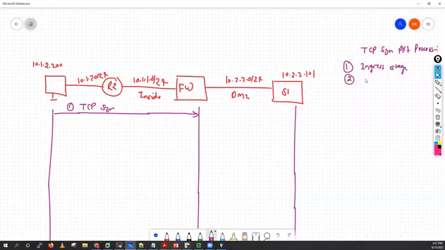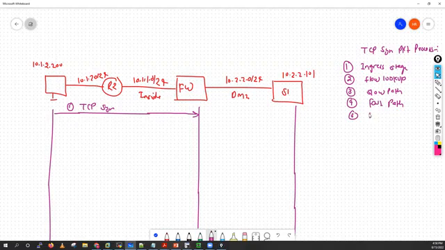After that, it will process at the flow lookup, then your slow path. Then the fourth thing is your fast path, and the fifth one is your egress